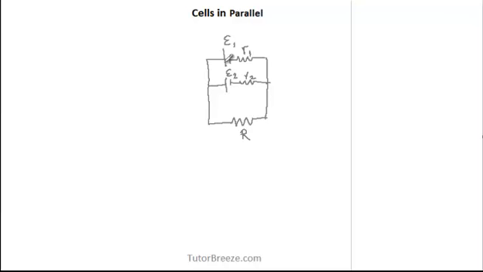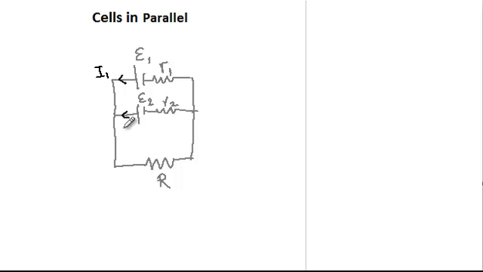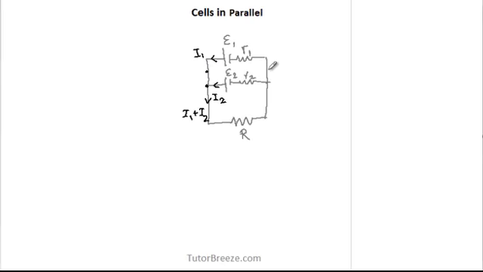Now the next step is to write the current and the voltages for these two cells. We can draw two currents. Say this is I1 from the first cell and you have I2 that leaves the second cell, and these two currents meet at this junction. So we have a current I1 plus I2 that goes into the remaining part of the circuit. And if you look at the potential difference, you can see that the potential across both these cells is the same. So if the potential across the first cell is V, the potential across the second cell is also V.